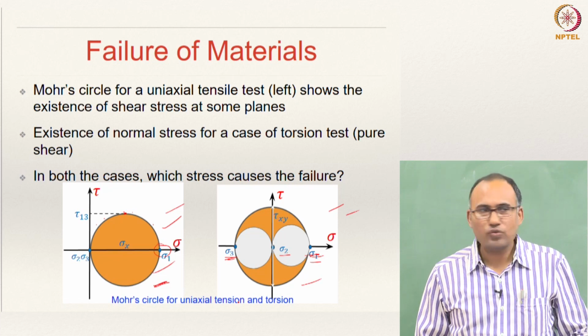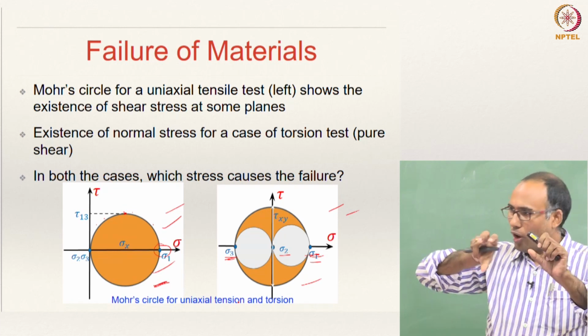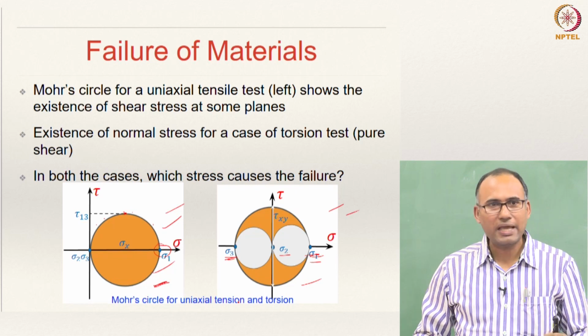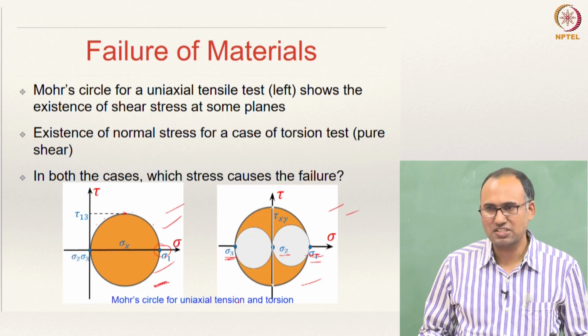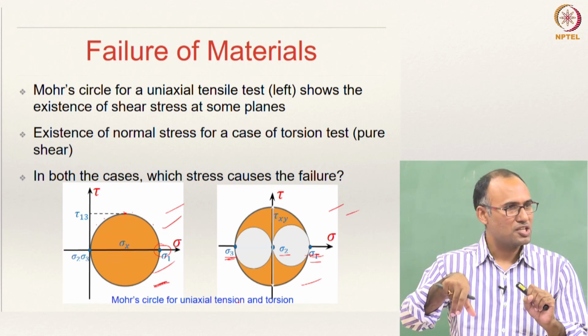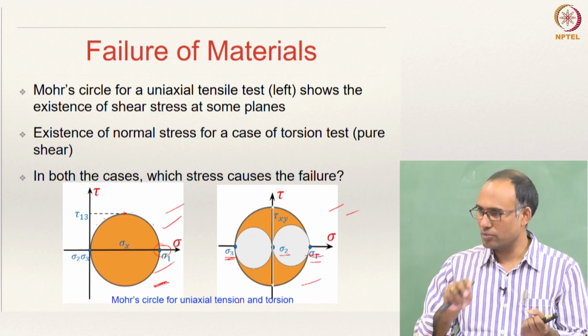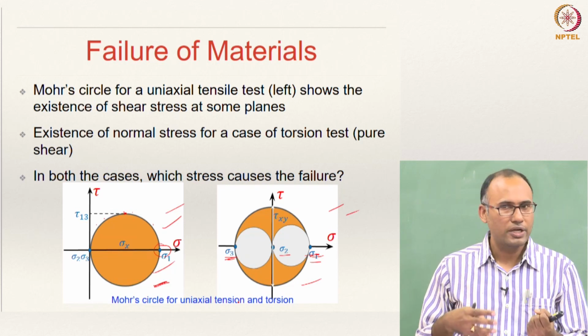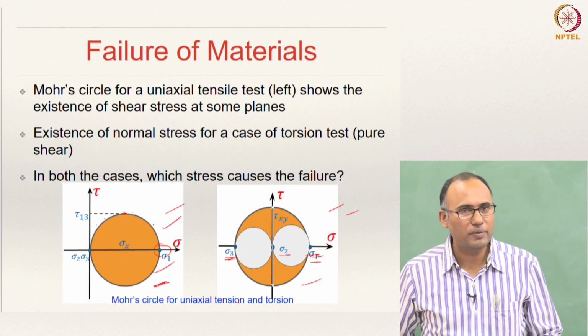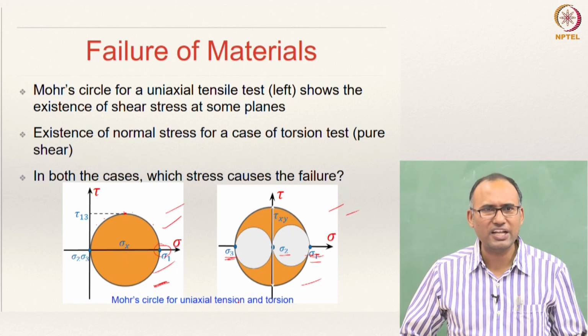And in both the cases, whether you are applying uniaxial tension or shear, your yielding happens only because of the shear stress. Whether you apply pure normal stress or pure shear stress, your failure is only due to shear. Here when we say failure, we actually mean plastic deformation, right, yielding of the material. Is that clear? So, that is something that I have mentioned, right.